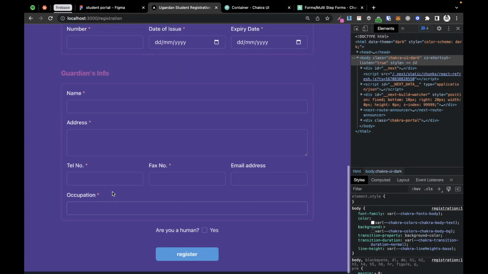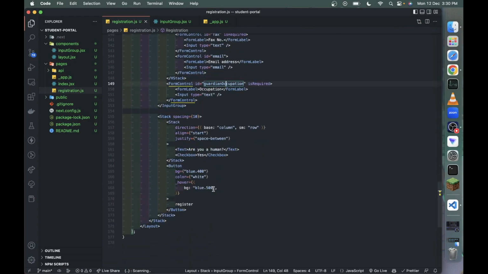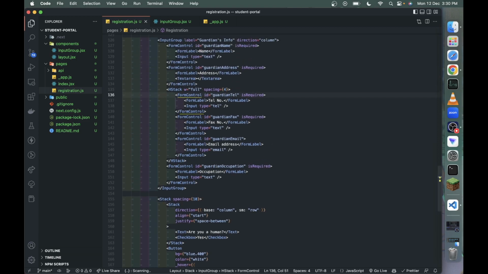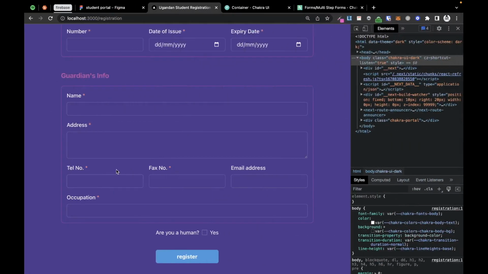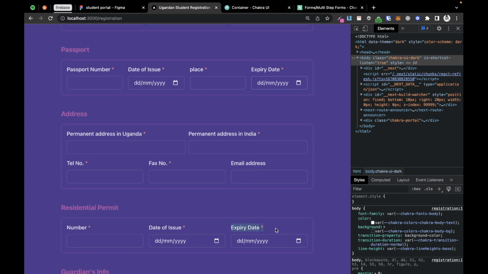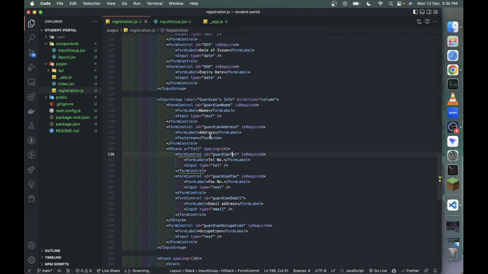I need to copy this one out. Guardian email, guardian fax, guardian tel. So now these fields, if I click on above, will only point to these ones, and this won't be buggy. Like if I click on the below one up, so residential permit,